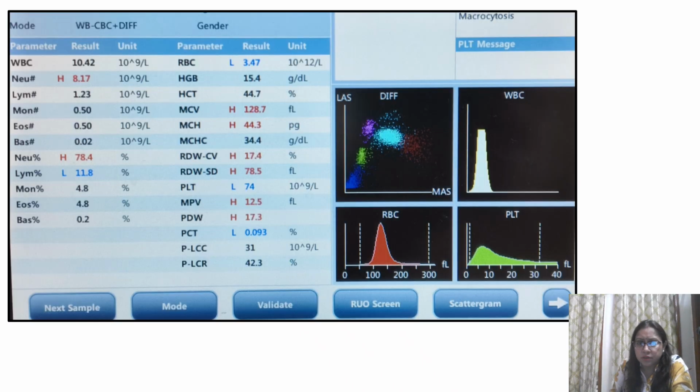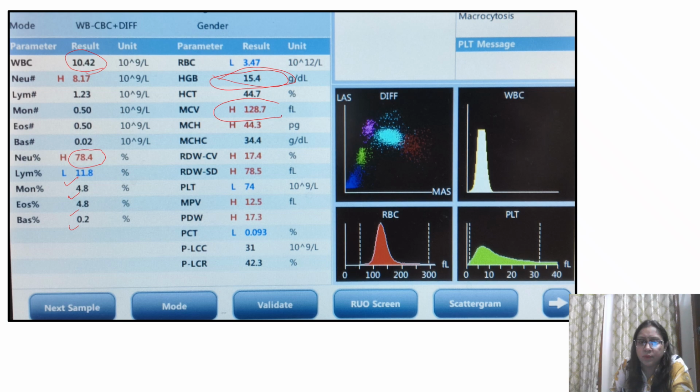So I am discussing this patient only. See, your WBC is well within the range, right? So here mild neutrophilia is there, lymphocytes are slightly low, relative lymphopenia, eosinophil and basophil in normal range. Here we have concentrated on the RBC parameters. So see, hemoglobin, as I told you, is 15.4 in the patient the second time; 15.7 was the initial.